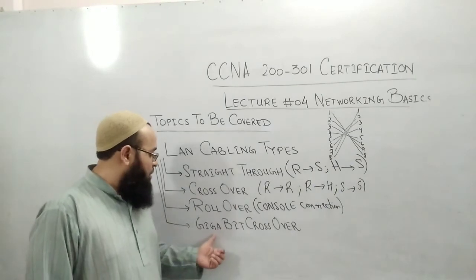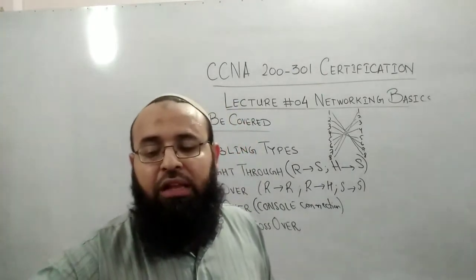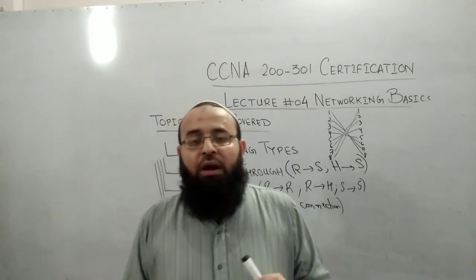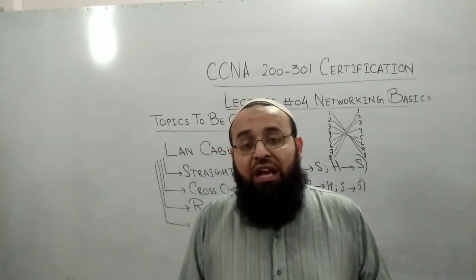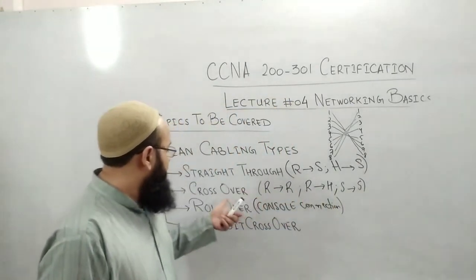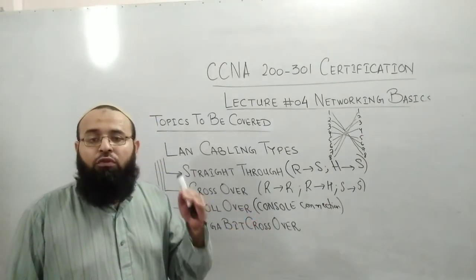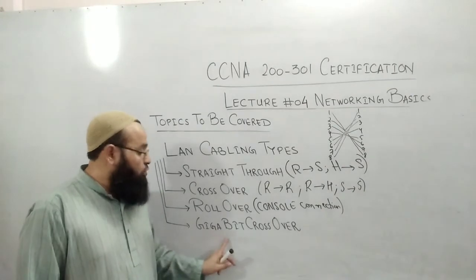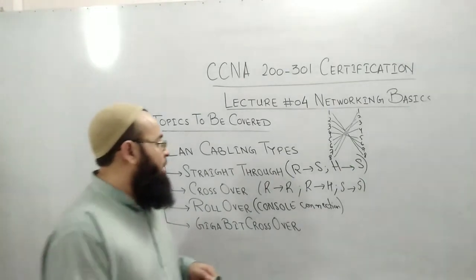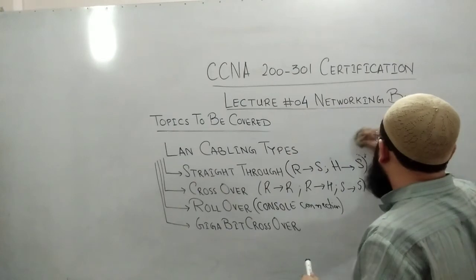Now coming to our last point, the gigabit Ethernet crossover cable. I told you in the crossover cable that only pins 1 and 2 are connected to pins 3 and 6 and vice versa for the other side. But the crossover cable which I told you earlier can provide you a maximum speed of 100 Mbps for fast Ethernet connection. So if you want to increase your speed to the gigabit level, then you have to use extra pins on your RJ45 modular, and that setup is like I'm going to tell you over here.